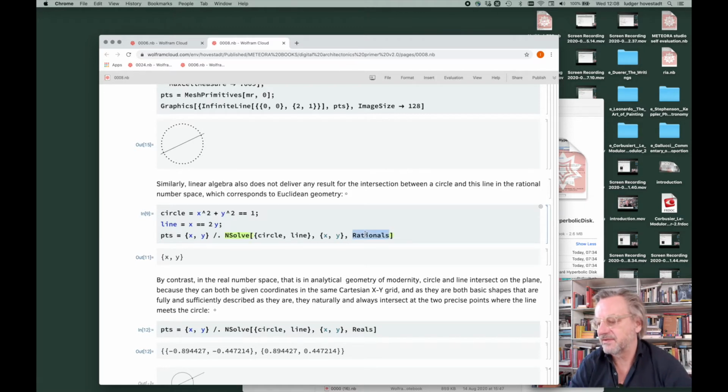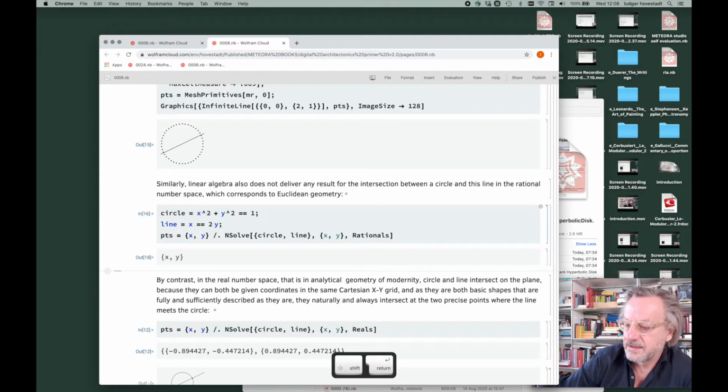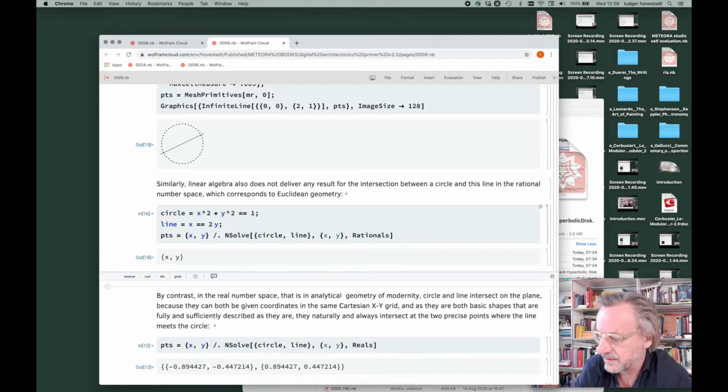And do that, that's very important, at the scale or the mediality of space of the rational numbers. Which is fractions, with the proportion of 2 to 3, 1 to 2, 500 to 503, and whatever. So these are the rationals, which is the mediality or the scale of space in the antique times. If we do that, there is no intersection.